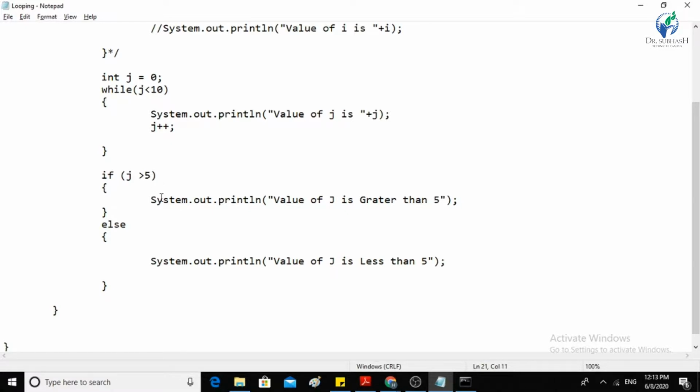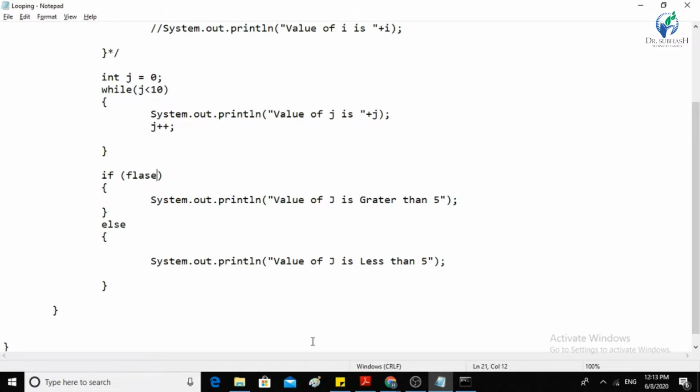Let's say I write only false here, not a condition. What will be the output? Just guess: we are not writing any condition like j less than 5 or j greater than 5, we are just writing false. So will the output be the if part, the else part, or a compile time error?